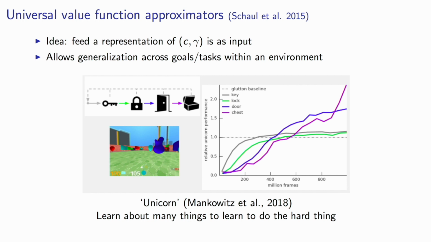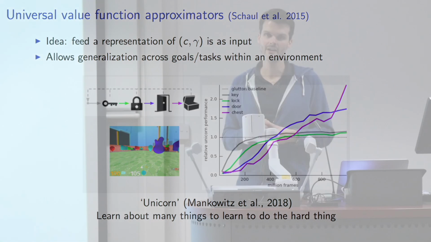In reality, what the agent needed to solve was to collect certain objects, but for an object to be rewarding, it first had to collect a different object. And there were sequences up to length 4, where for the chest to be rewarding, you had to get the key, and then the lock, and then the door, and only then the chest was a rewarding event. If you would grab it immediately, it wouldn't be rewarding. If you learn this from scratch and you only focus on these chests, it's a very hard exploration problem, because there's basically no way that your random exploration without any feedback will learn to do exactly this sequence of things unless you throw a whole lot of data at it. But even then, in some cases, you make it so hard that it just never learns this.